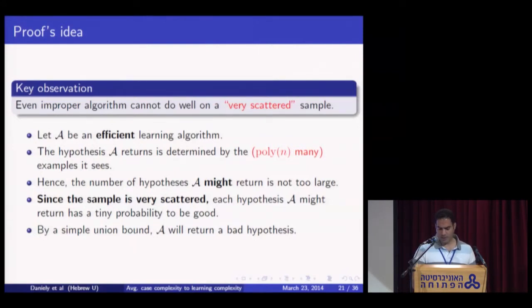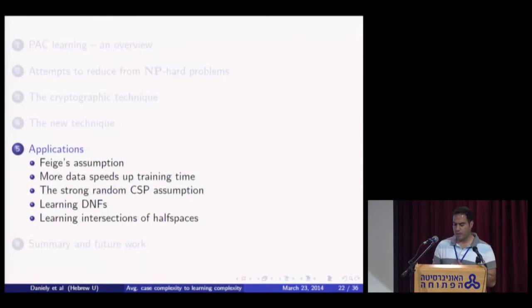Okay, so that's the technique, and in the next part, I'll describe what we know how to prove based on this technique. But we'll have to start with some hard problem. We have to start with some problem that is hard on average to reduce from. And the problem that we start with